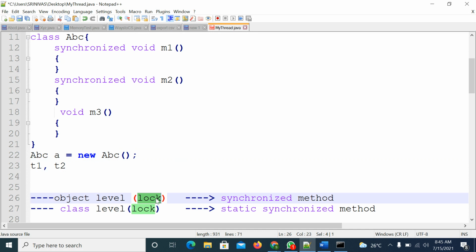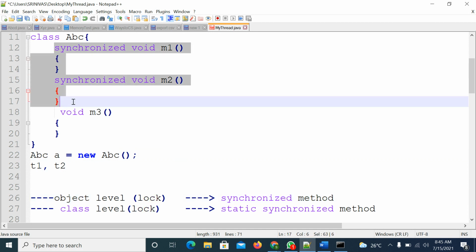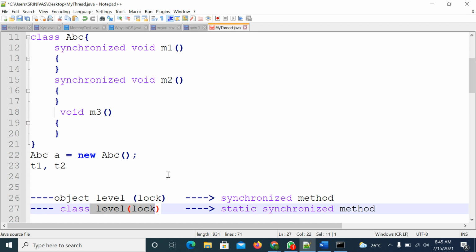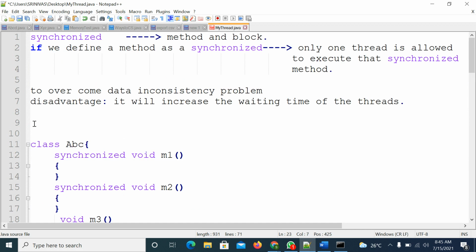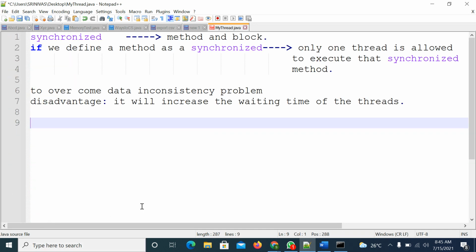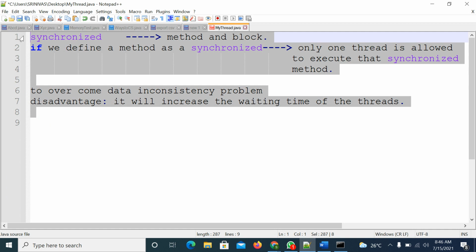So what is the class level lock? Class level lock means just methods will be there. If the methods are synchronized, they will have one lock. The person who has the lock can execute those synchronized methods. The remaining person has to wait until he gets the lock, but can execute the remaining, non-synchronized methods. We'll understand this with the program, then discuss what this class level lock is. All these are very important from an interview point of view. We'll see with one example.